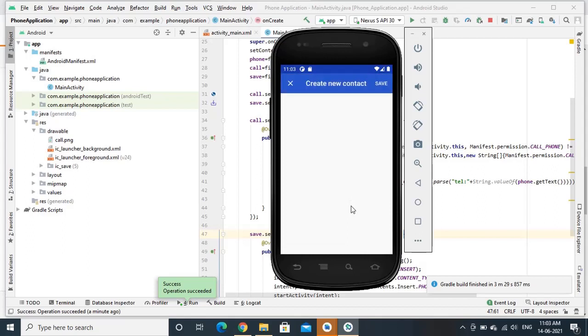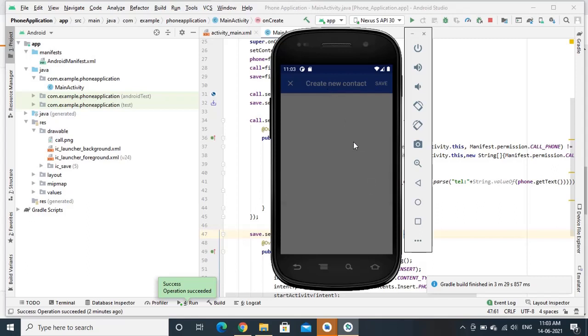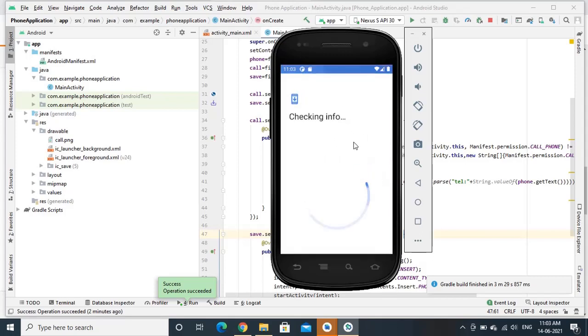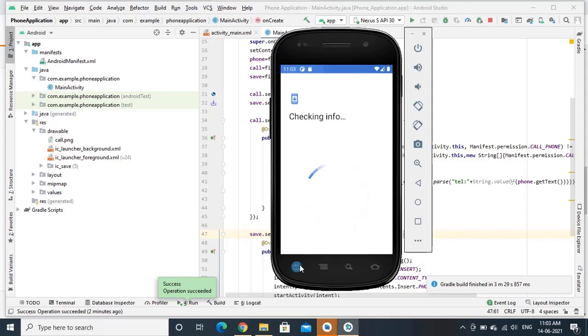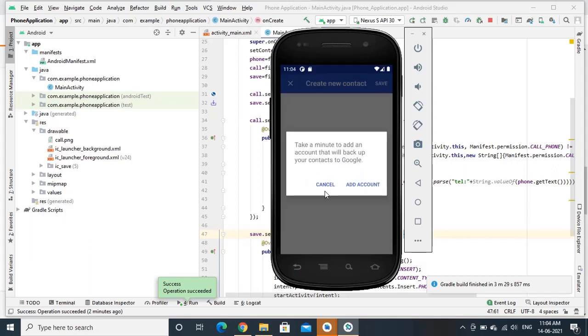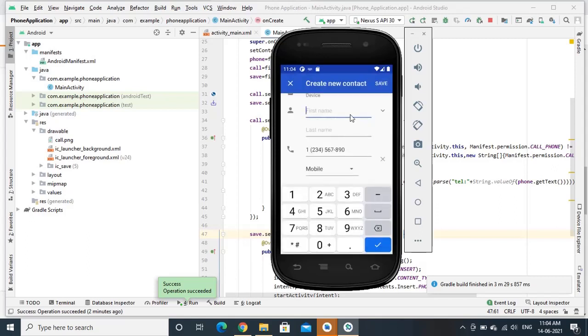Once we click on that button, it will go to the activity which will create a new contact. So add contact. Okay, this part is not required for us. Just go back, click on cancel, and next it will go to the create new contact option.